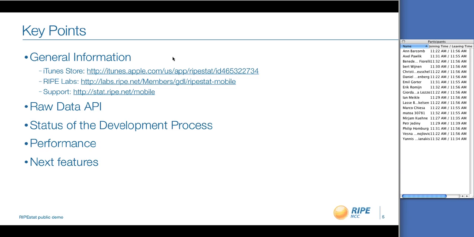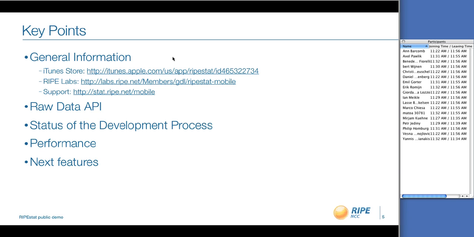So I'll turn it over now to Giordano Dall'Ozzo, who is a trainee at the RIPE NCC, and he's the developer of this, and he'll talk about it and tell you about his work himself. So hello, welcome. My name is Giordano Dall'Ozzo, and I am one of the developers behind RIPEstat.